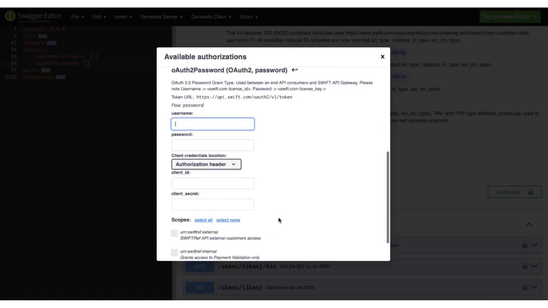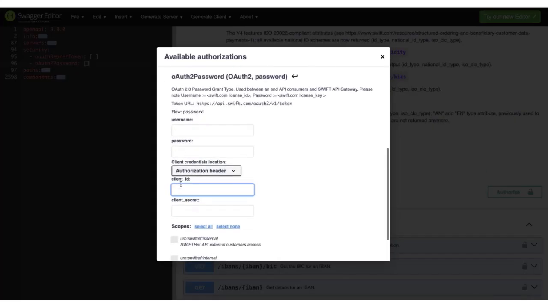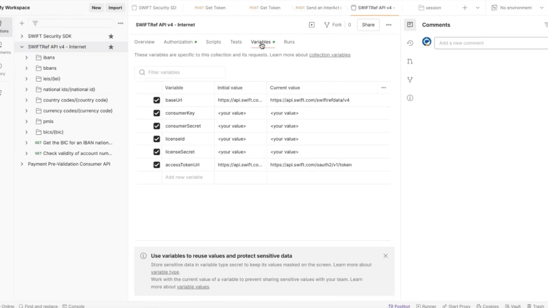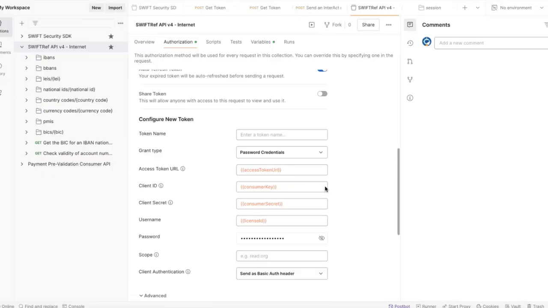So now what I'm going to do, first of all, I need to have the consumer key, consumer secret, or client ID, client secret, which for the Swift Ref API, you need to obtain from the Swift Developer Portal, right? And what I'm going to do, I'm going to use values which I already stored in a different place, which I will be taking from a Postman collection, right? And from a Postman collection, I will be taking these values. More specifically, I will be taking the value of consumer key,